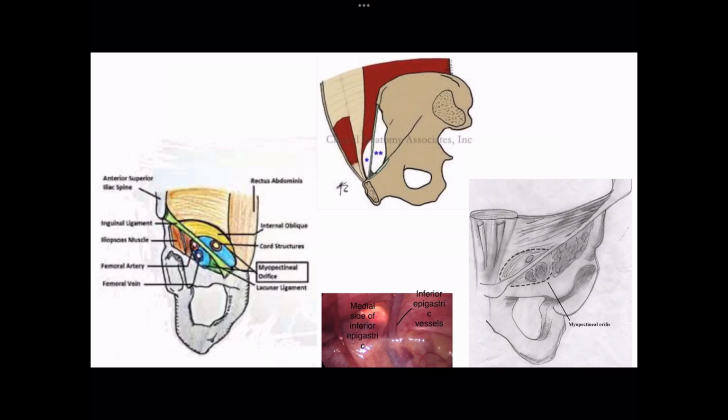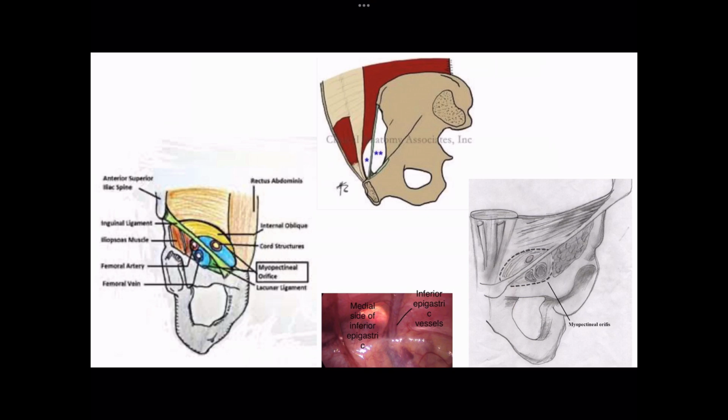The myopectineal orifice, which was described by Henri Fruchaud in 1956, is a well-defined weak area in the anterior abdominal wall that occurs in association with hernias in the inguinal, whether direct or indirect, and femoral region. The myopectineal orifice boundary consists of a lateral boundary of the iliopsoas muscle, the medial boundary of the rectus sheath, and rectus abdominis muscle,